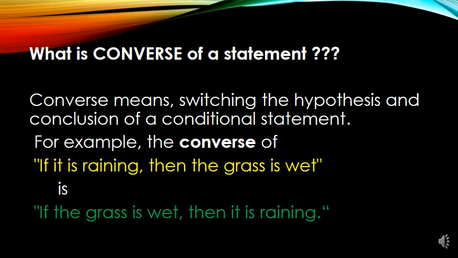So here also, the midpoint theorem is a conditional statement, where the condition is called the hypothesis and the result of that is called the conclusion. For example, if it is raining, then the grass is wet. Here the condition is if it is raining, then the grass becoming wet is the conclusion. So if you reverse the statement like this, it is going to become the converse. That is, the converse of this statement is: if the grass is wet, then it is raining.